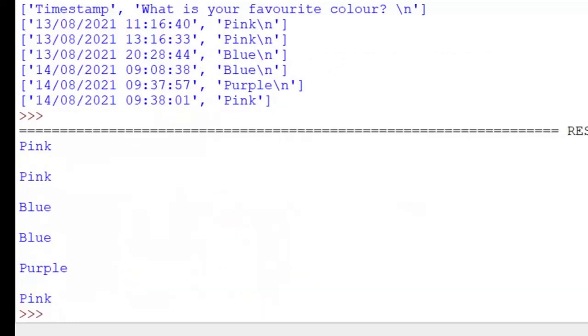Okay, we got that one, no? Pink, pink, blue, blue, purple, pink. Then you can see there's a blank line after that one. Each line will be a problem, right? When you print the entire colors array, it prints without any blank lines. Once you get the individual colors, the end of line is also there. Okay, now I am going to add